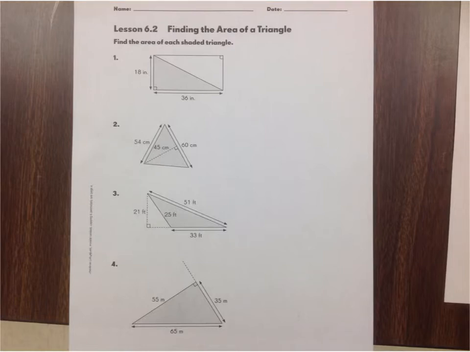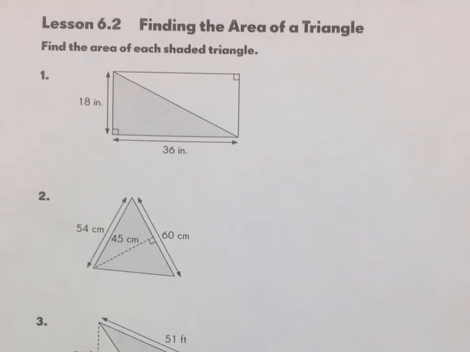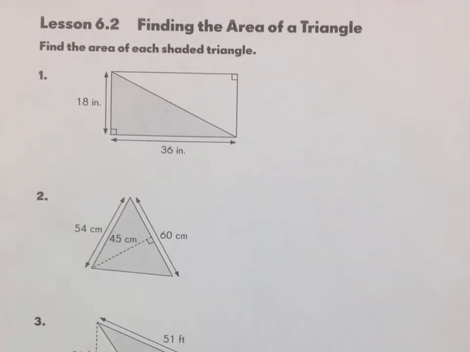Going to be working through pages 123 and 124. There are 8 problems. We're finding the area of the triangle. Let's look at number 1 first. We know the formula, I'm going to write that up here, it's 1/2 times base times